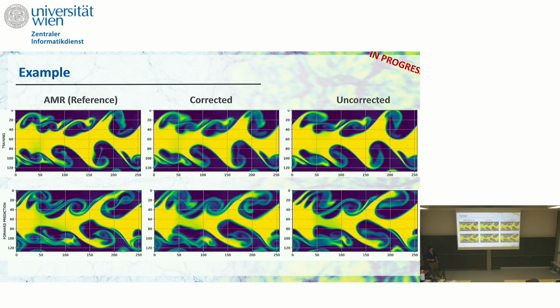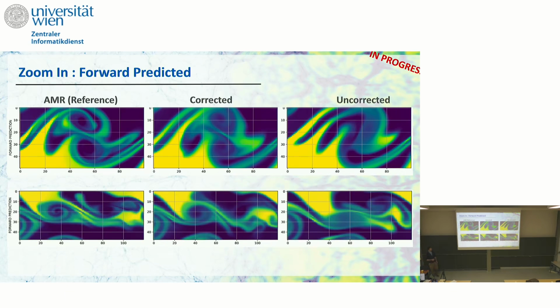And so I spent a lot of time staring at these beautiful swirls to try and think about how the model's performing. So you can look here at this as we trained it up to time step 1 and then ran it further to time step 2, so twice the physical time. And you can see the uncorrected network over here, the correction here, and the full AMR over here. So you can stare at all the squiggles, I spent too much time staring at squiggles. And you can see that with this correction network trained, you can actually capture